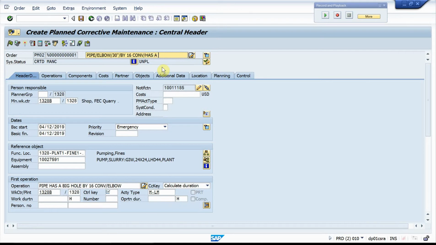I have enough room, I can say big hole. So now what are they going to do? I'm going to say patch hole for now. And then I'm going to pull up